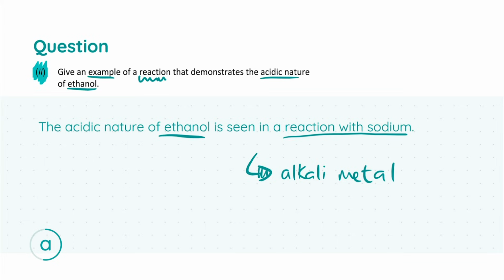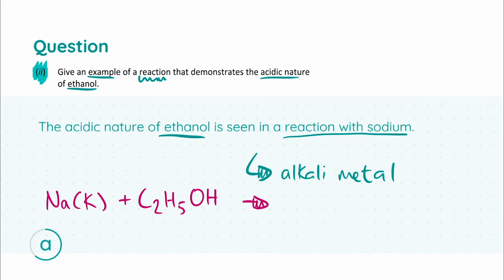Another way you could do this is by writing down the formula, which I'm going to do now. So in this case, I've just written down a basic formula, almost describing what I've said here. So when I was saying the acidic nature of ethanol is seen in a reaction with sodium, by writing down this formula, we're reinforcing the idea. So Na, or in brackets I have K here, so you could do sodium or potassium or any of those alkali metals, as I said earlier, and we're mixing that with our ethanol,